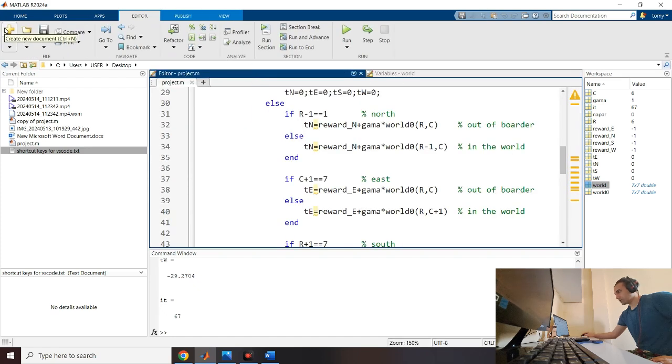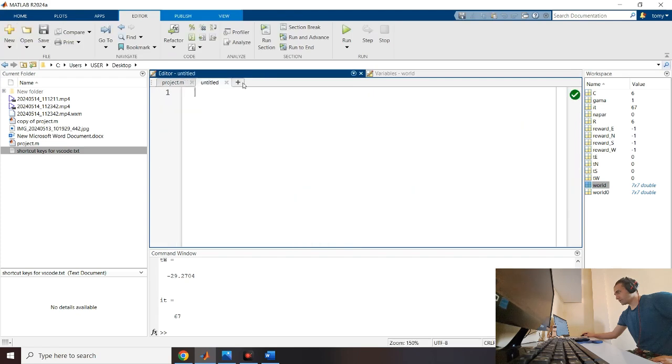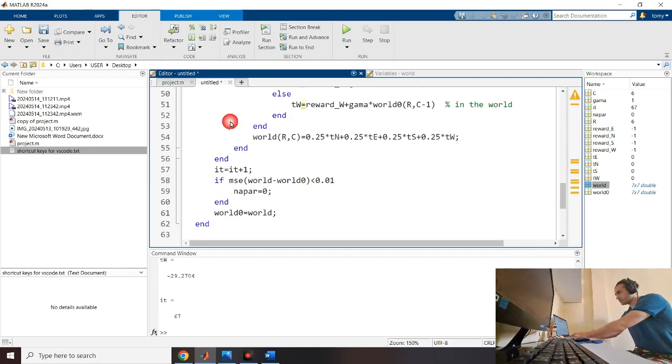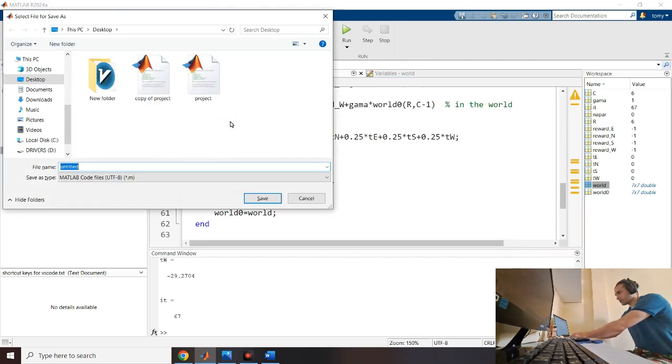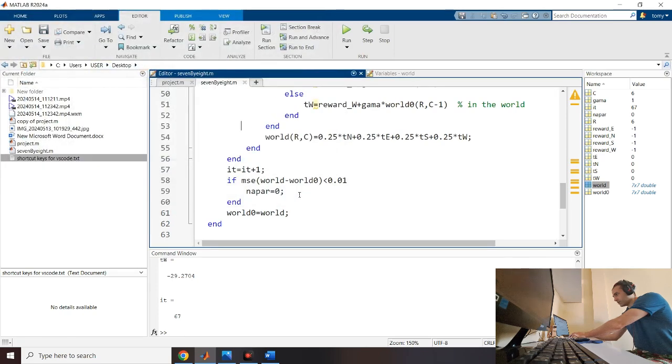Create new document. So this should be a new project, okay? 7 by 8 desktop. Okay, now if I run this code,